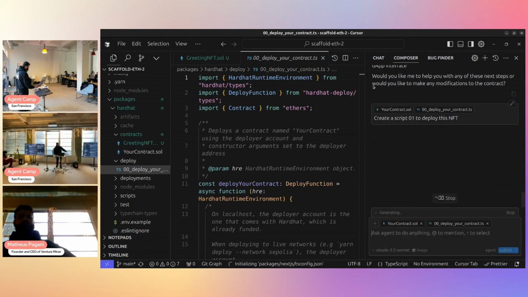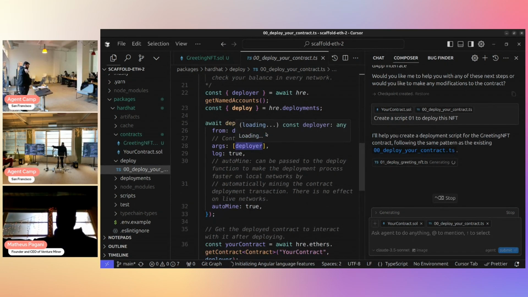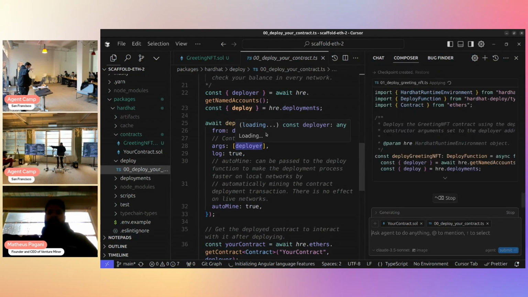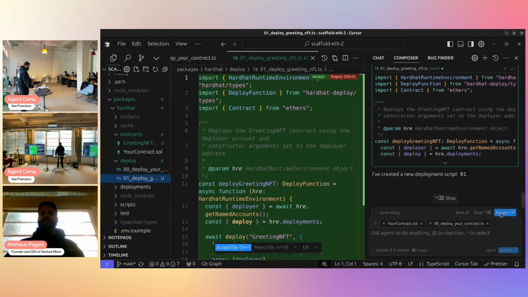So even without studying this script, it is a very simple and direct script. But even without studying this and going step by step, as I usually do in a bootcamp, I'm going to ask AI to generate that for me. And the AI generated this script, this deploy greetings NFT for me.